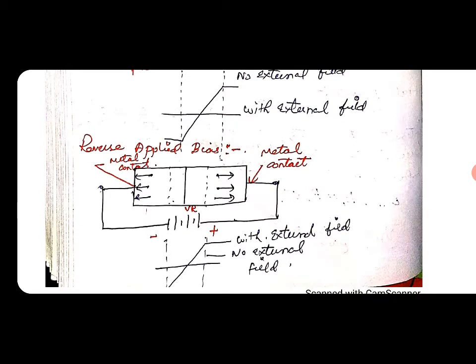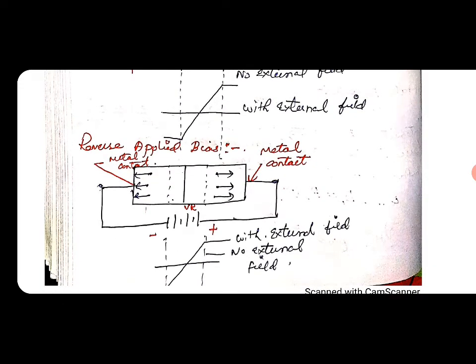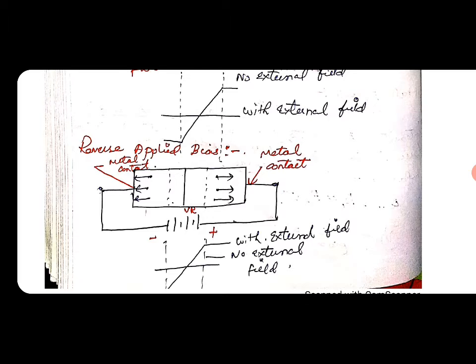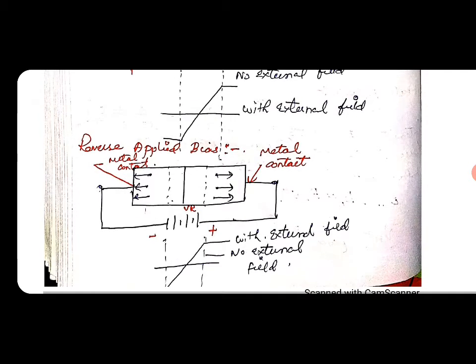Owing to the high reverse resistance, a very small current called the leakage current or reverse current is produced in the reverse biased p-n junction. From this we can come to the conclusion that a p-n junction allows flow of current only when forward biased, and only a small reverse or leakage current is produced when reverse biased.